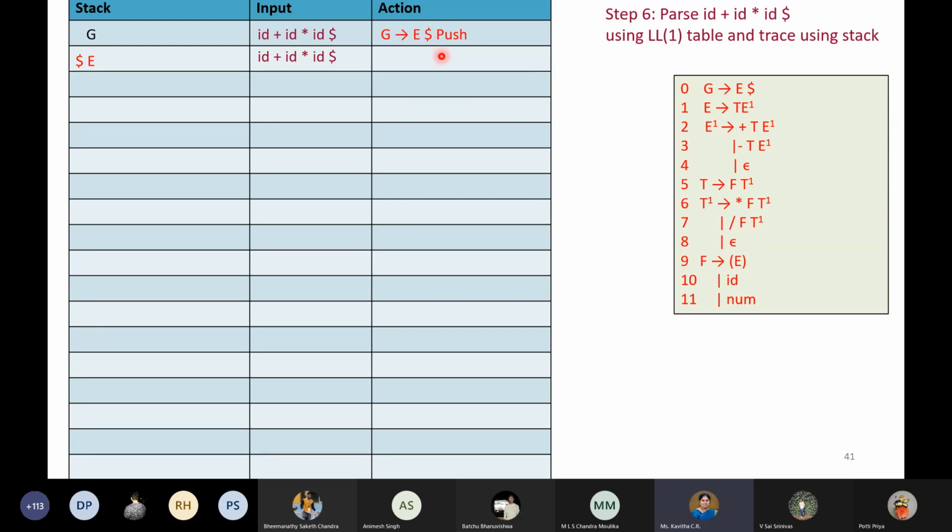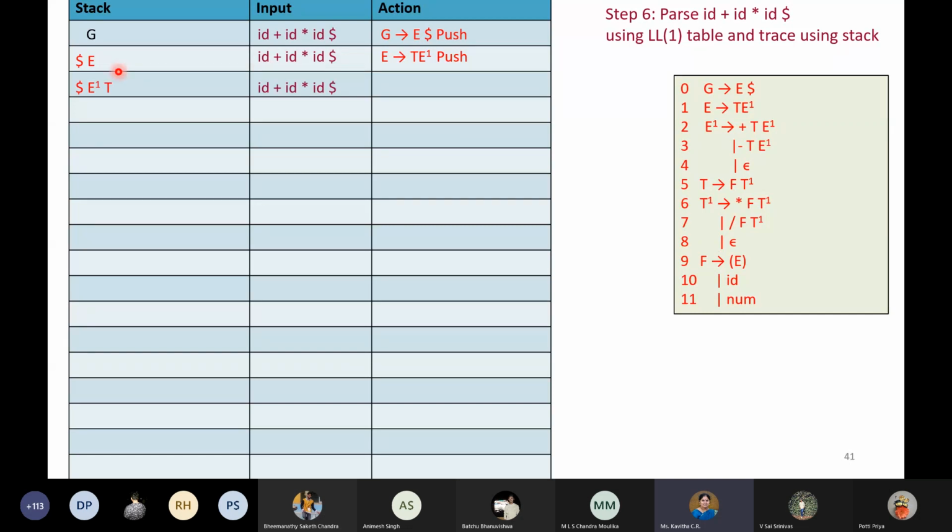So now what is the action? I have to apply rule number 1, isn't it? So what is that rule number 1 then? I am going to push this. It means I have to replace this E with T followed by E dash, but in such a way that T is on the top. Why? Because again I want to perform the leftmost derivation only. That order we cannot change. Every step it is going to be the leftmost derivation only. Therefore what we are going to do is pop this E, only the top symbol we are going to pop, and push T E dash such that T is on the top. And still I am pointing to ID only.